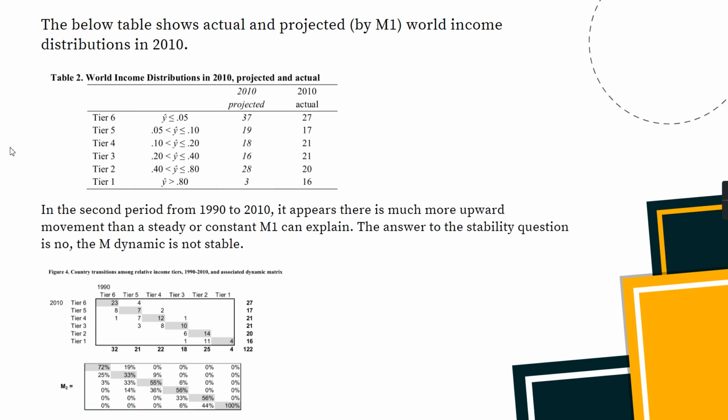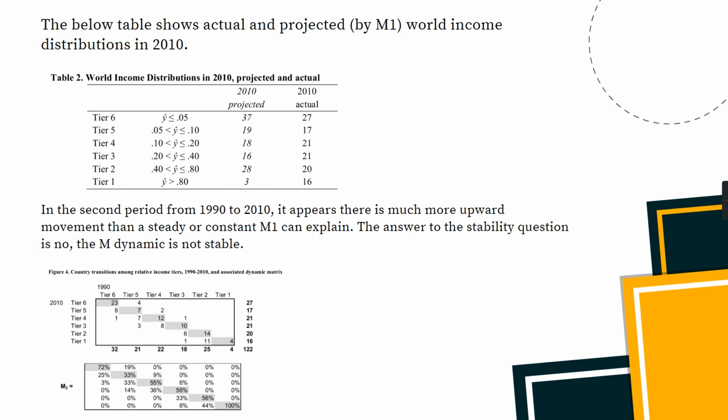And if we apply the same matrix, assuming it will remain constant for the 1990 to 2010 period, and calculate the projected proportion of countries in different sections of the economy in 2010 and compare it with the actual data, we see that there is quite a significant divergence in the two values, as evident in table 2. This linear model predicts that only 27 countries will be in tier 6, whereas 16 countries will belong to tier 1, which is clearly false, as objective data from 2010